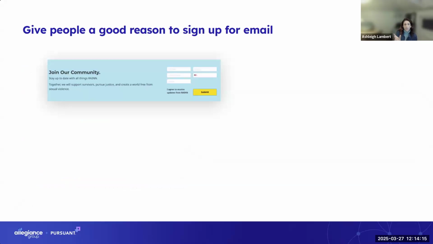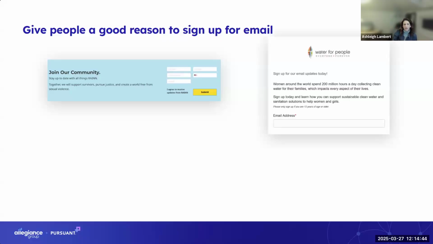All right, so what I showed you before was donation form. Certainly email sign up is the next step also. But again, we want to make this as contextual as possible. And usually these types of calls to action may exist near the footer of a website, which could be generic. But if you have the opportunity to make it contextual within a certain page and talk specifically about the value add of someone signing up for the content, this is an example from Rain, and at least telling the user